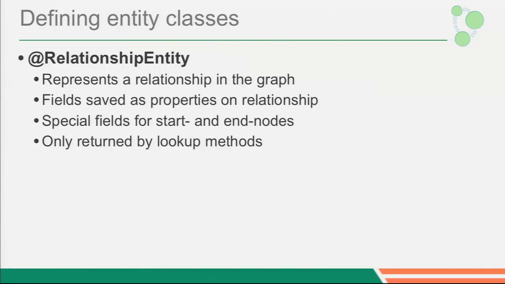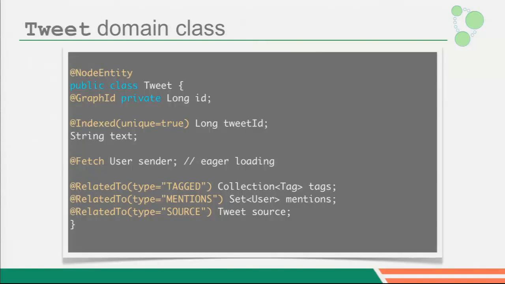And as a benefit, I would also have the ability to actually retrieve the start and end node of this property as entity from that one. And otherwise, it's handling properties as well. So this is an example of what I just spoke about. So we have what we've already seen, the node entity, the ID, an indexed property. And then it gets interesting.